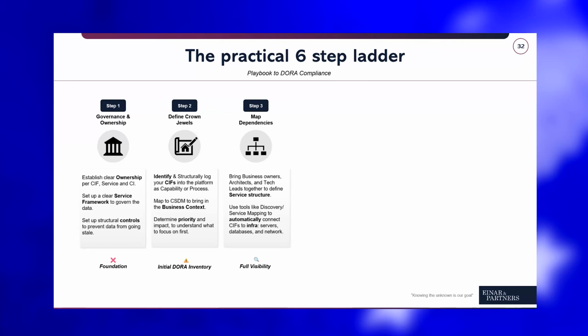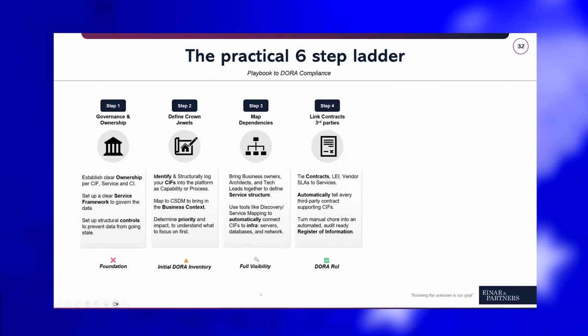Then it would be great if you can link it to the different IT components as well, the different CIs, configuration management terminology. And great if we can automate that, if we can use tools like service mapping, that we can connect this in a more automated way, but otherwise start with the manual steps. Start linking in the services that are used, start thinking of all these different components that are needed to provide that critical function. And that should lead to full visibility once that is properly done.